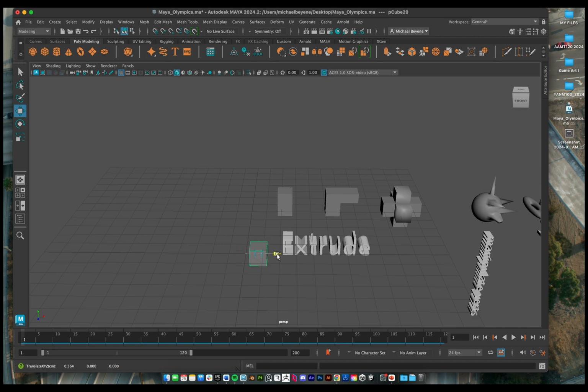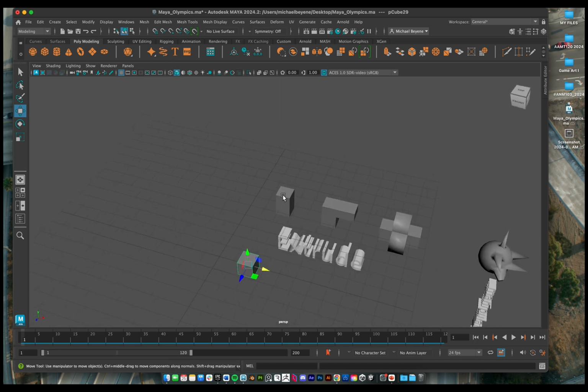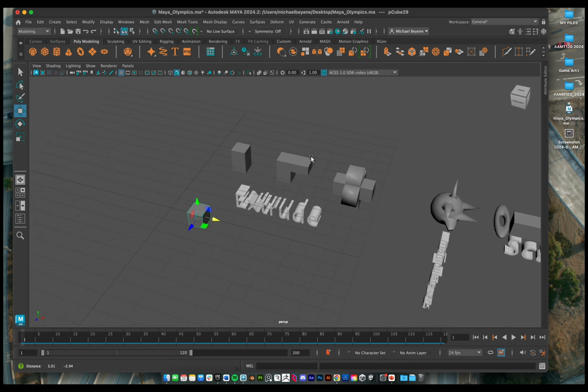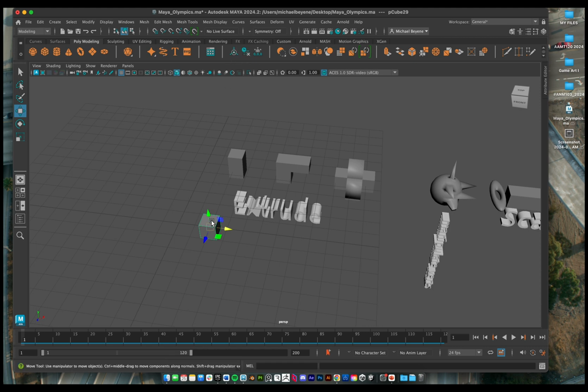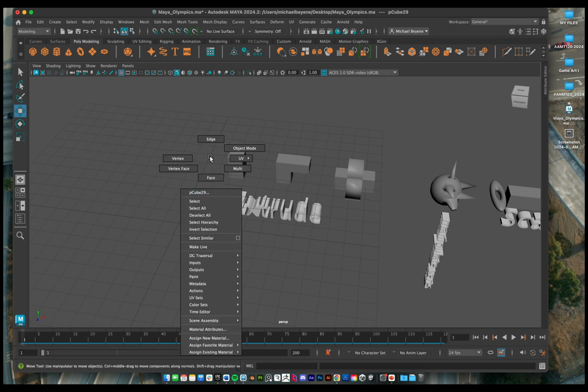So I'm going to hit W on my keyboard and just position that closer into place. And as I go down each one, I want to try to mimic that shape and just follow the rules that I have laid out here. So we have extrude for the first one. I'm just going to right click and hold, and I get this cool contextual menu here